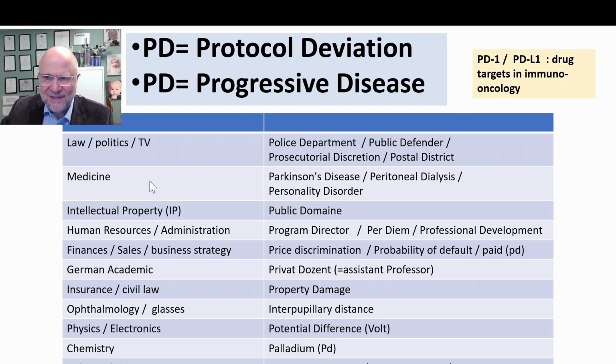In other medical contexts, PD may mean Parkinson's disease, that is a neurological disorder with shaking hands, peritoneal dialysis, which is done for short periods when the kidney function needs to be substituted, or personality disorder. I was a PD for a couple of years. In Germany, that is an academic title. And if the D is a small case d, then PD may mean palladium. Screenshot this as my collection for PDs if that helps.